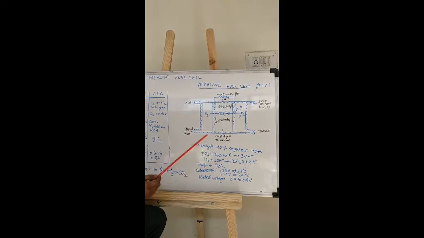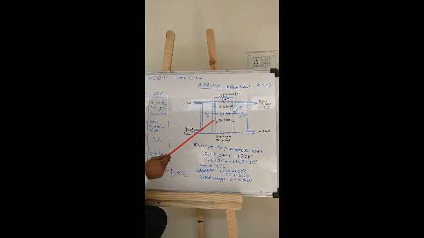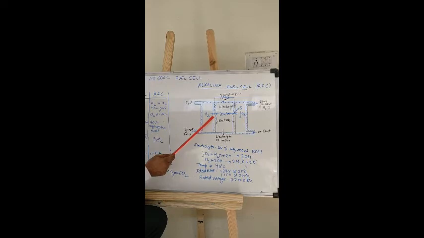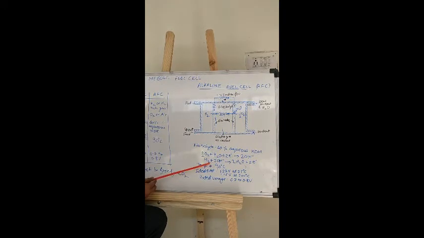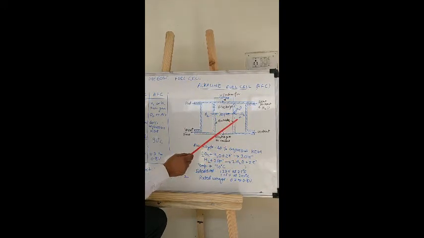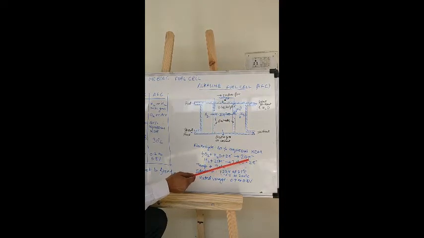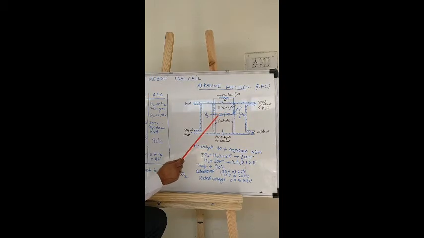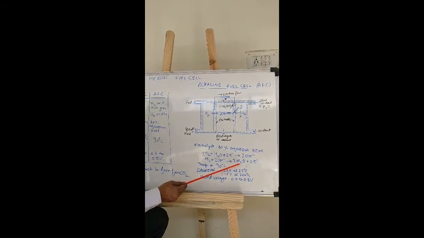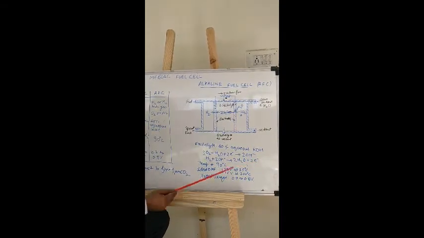Whereas the electrons coming out through the chemical reaction taking place at this negative electrode move through this load. So the second reaction taking place here is H2 plus twice OH minus. Actually, the OH minus ions move from positive terminal to negative terminal through this electrolyte. So this reaction takes place and we get water and free electrons.